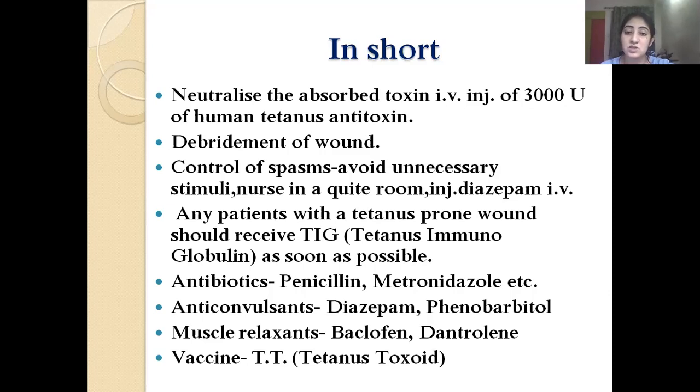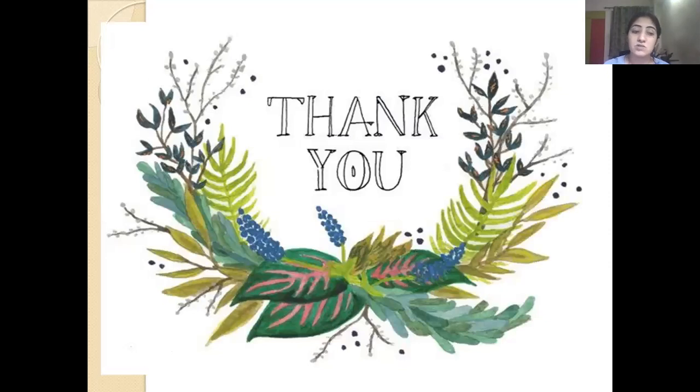Any patient with a tetanus-prone wound should receive TIG, tetanus immunoglobulin, as soon as possible. Antibiotics like penicillin and metronidazole are used accordingly. Anticonvulsants, diazepam, and phenobarbital are used. Muscle relaxants like baclofen and dantrolene are used. Vaccine, that is tetanus toxoid, is used accordingly. So this was all about the treatment and management of tetanus,